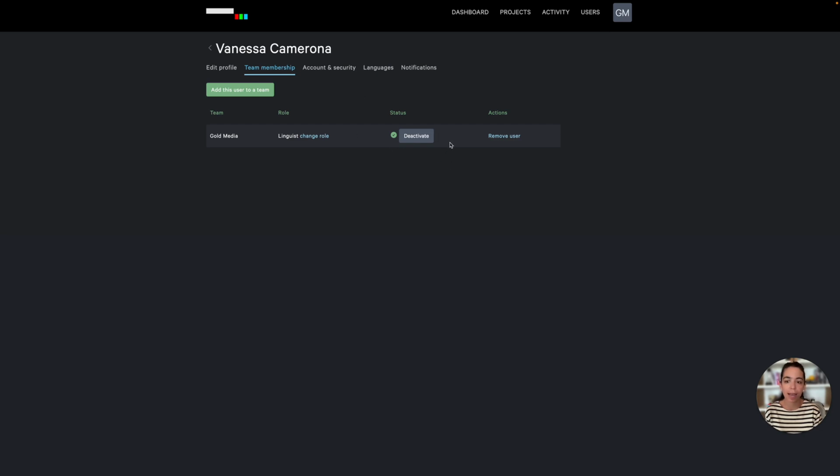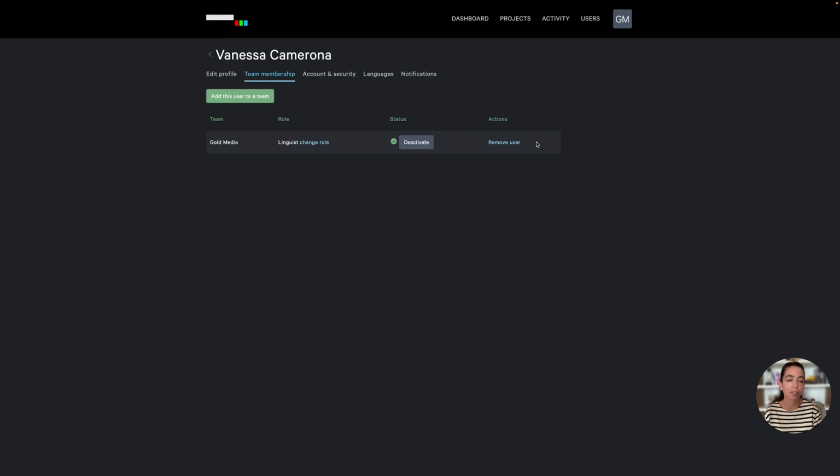So if I select Deactivate, this will remove a selected user from the user limit count for the team. This essentially pauses their access to Caption Hub, but it doesn't remove it entirely. Let's see how that works. So I'll go ahead and select Deactivate, and you'll see that this change has now been reflected. I'm told that the membership is inactive, and this particular user cannot log into Caption Hub now. If I want to reinstate this user's access, I'll simply activate, and a change that is very quickly reflected, as you've seen.